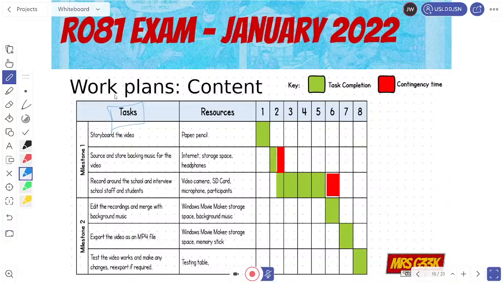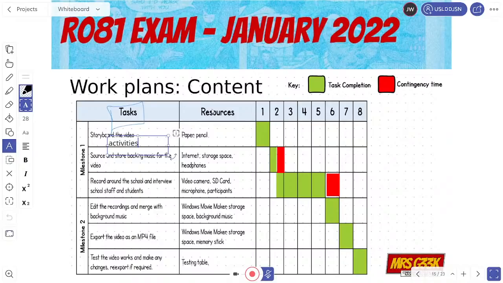Now tasks can also be broken down into activities. So I'm just going to do a little sub note here. There aren't any in here, but you could have a task, and then that task could be broken down into sub tasks called activities. So activities are kind of below tasks. So you might have, for example, decide the script or access something to do the storyboard, for example.